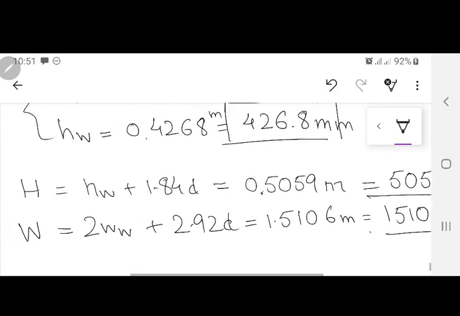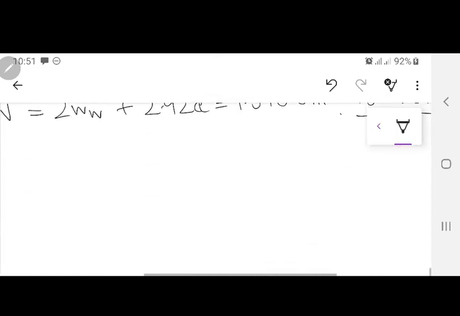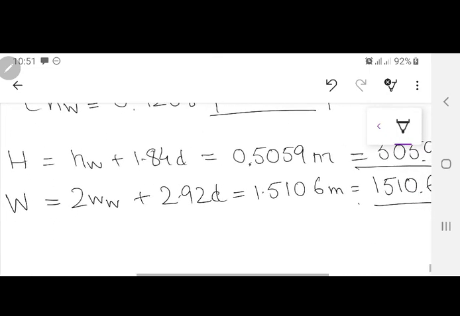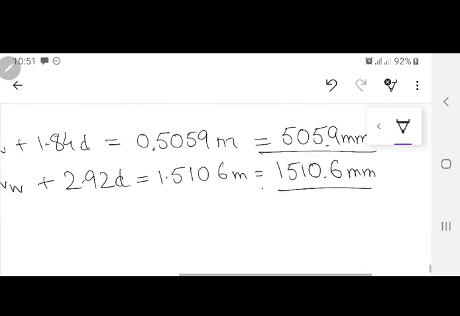What have you done here? Are you sure? The height and the width should have been the same. Please correct it, you don't have much time now. This is wrong, so please correct it. I don't know what mistake has been made here, most probably you made an error. Okay, thank you. So this is just that.